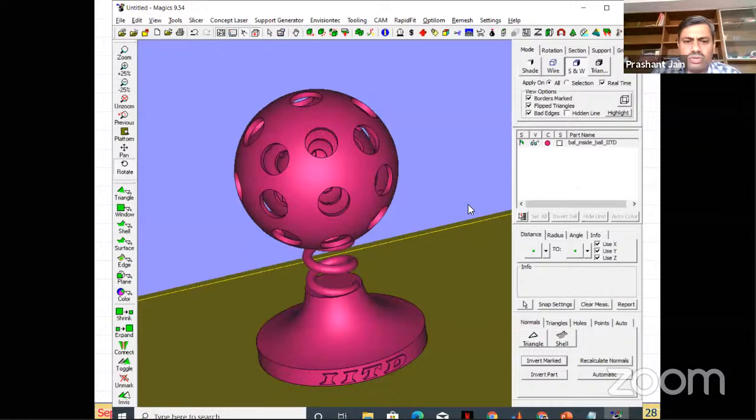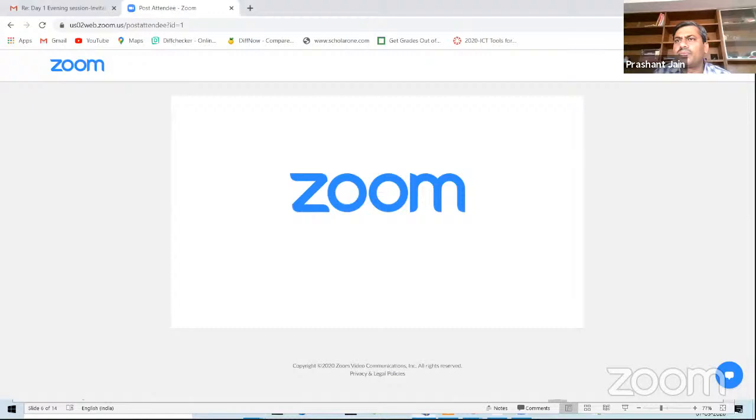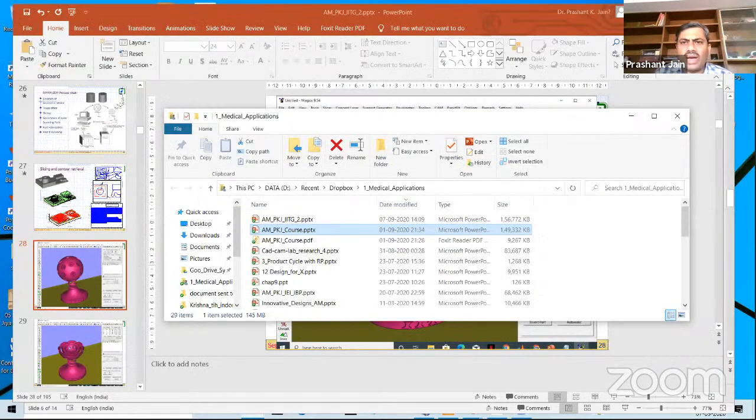Let me show you this on the software. I hope my entire screen is visible to you. Yes, sir. Right now, the screen is not visible, sir. Right now, my desktop would be visible, not the PPT screen, right?